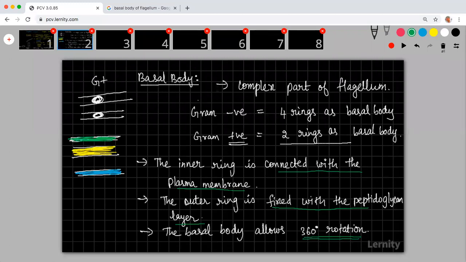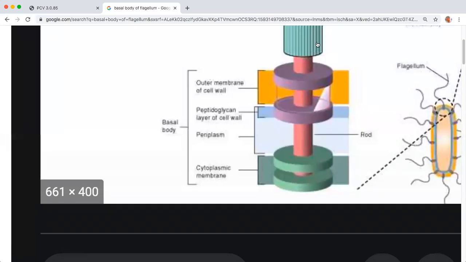So you are able to see that the filament is passing through it. So you have this core filament. Okay, this rod is there. This rod is the central part of the filament. This rod which is running through is the central part of the filament. Are we guys able to understand?